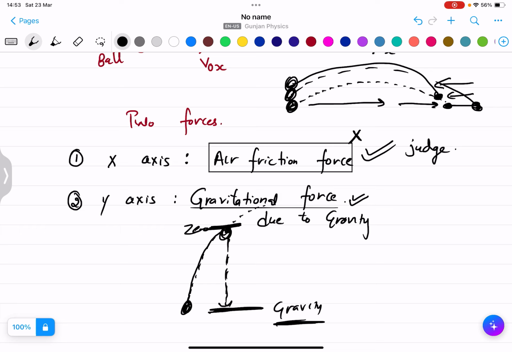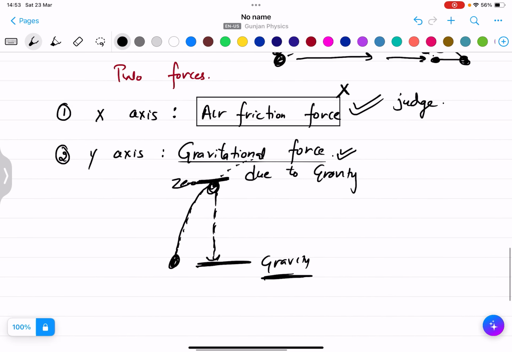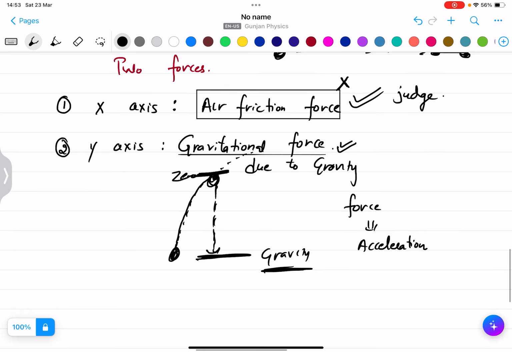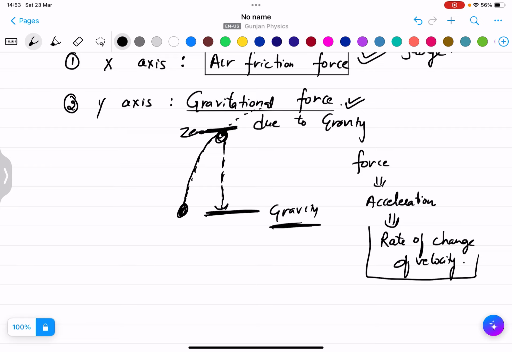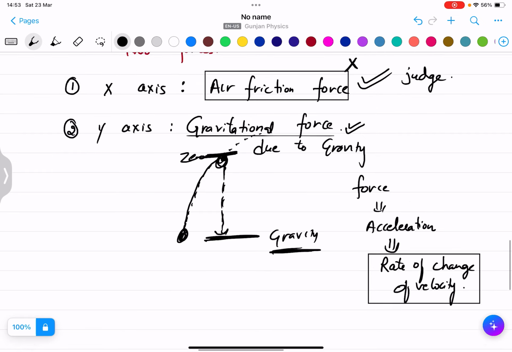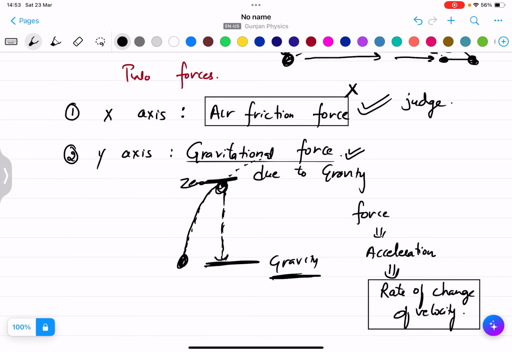Now if we are considering the gravitational force, that means force produces acceleration. If there is a force, definitely there will be an acceleration, right? And if there is an acceleration, you know what acceleration is? dv by dt, that means rate of change of velocity, right? That means in the vertical direction we will consider the rate of change of velocity, but in the horizontal direction we are neglecting this force, that means no force,